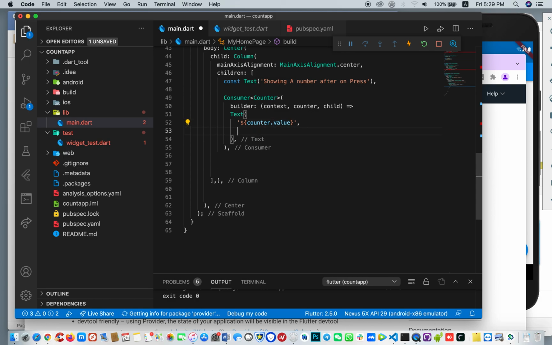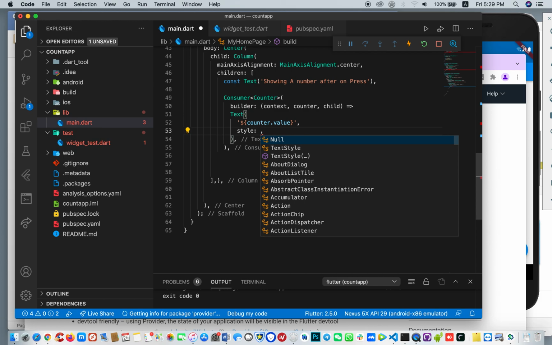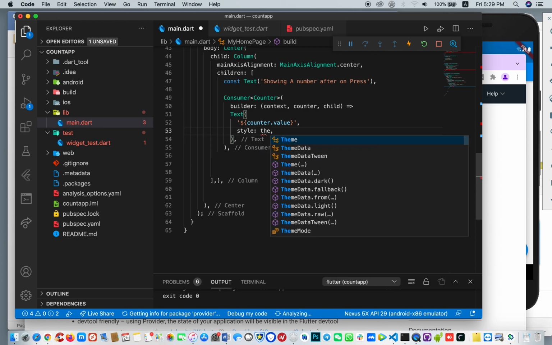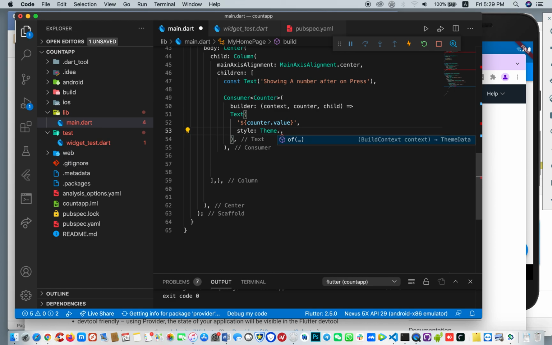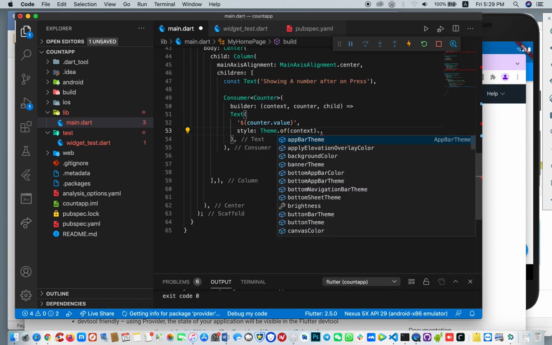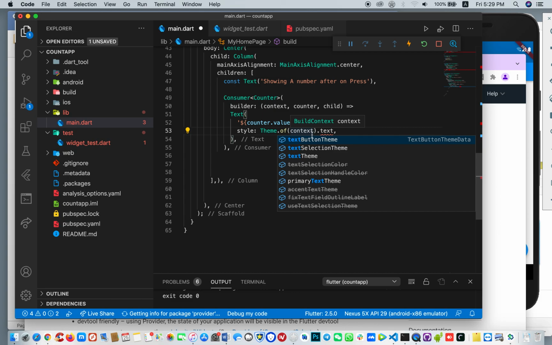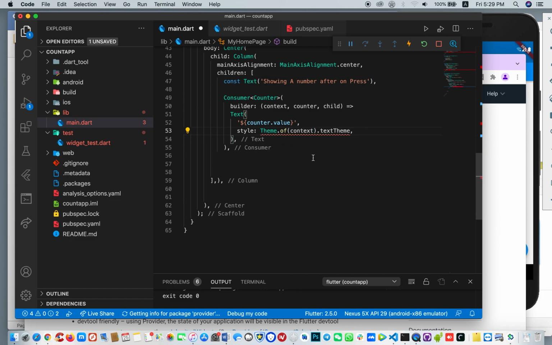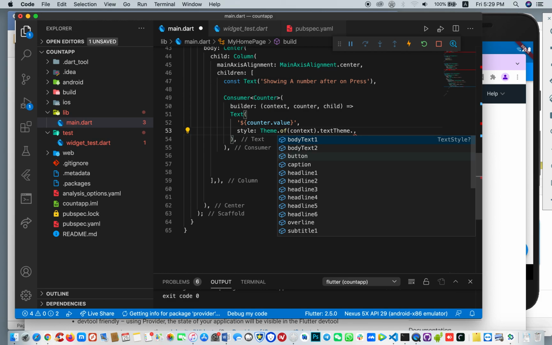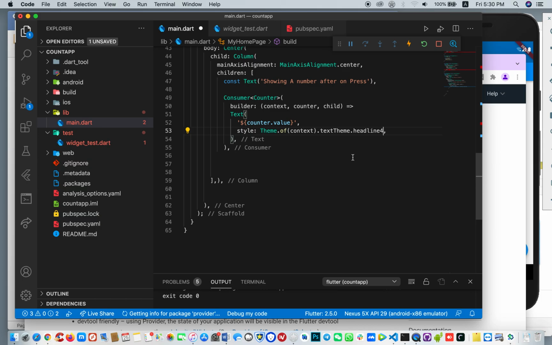So next, let's style how this displays. This is a normal styling. This got nothing to do with our consumer. We are just styling what shows to the user. So theme, the theme we use at the top. So I call theme of what? Context, which I use at the top there to override Flutter's default theme. Okay, so test, I use the test theme dot headline. I just want it to be bold, so I use the headline 4, just like HTML. Good,